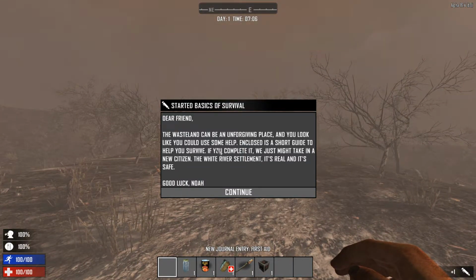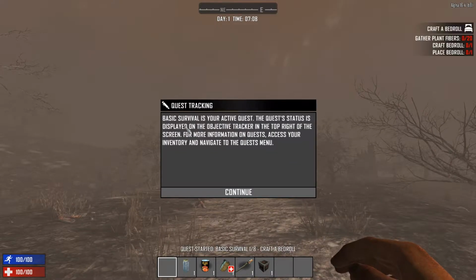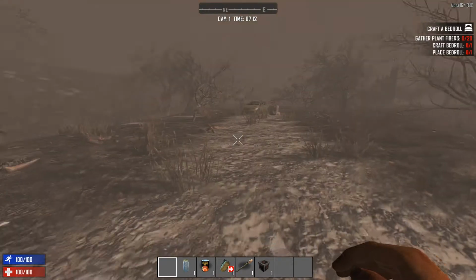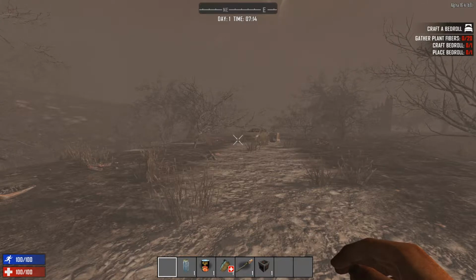Upon entering the game, you will first read these notices for a quick and lackluster introduction to the game. After you hit continue twice, you will now take notice up at the top right corner of your screen. We have what I like to call the beginning tutorial quests. These are a quick way for you to learn how to play the game. Problem is, they don't actually tell you how to play the game, but that's okay, because that's why you're here,